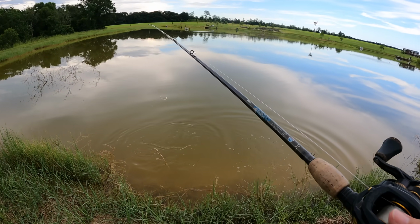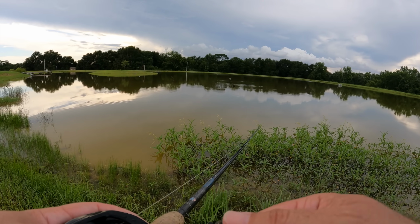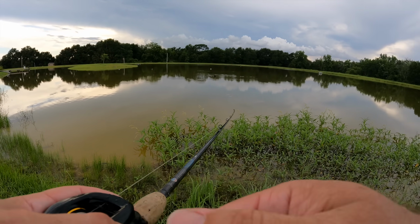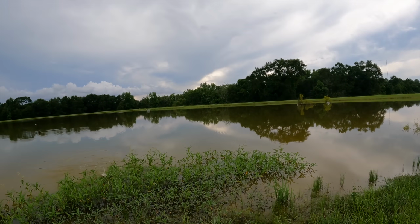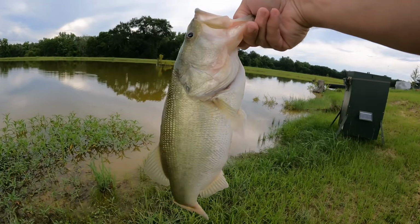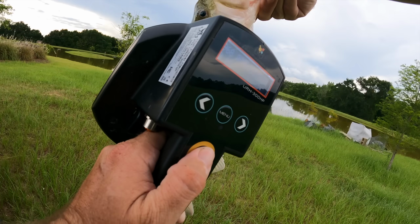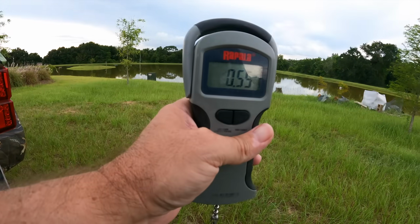Whoa! Man, I was pulling that one out of the water. Got him. Oh, get him through the grass. It's a good one. Alright, this one's been caught before, 570651. Weighing in at